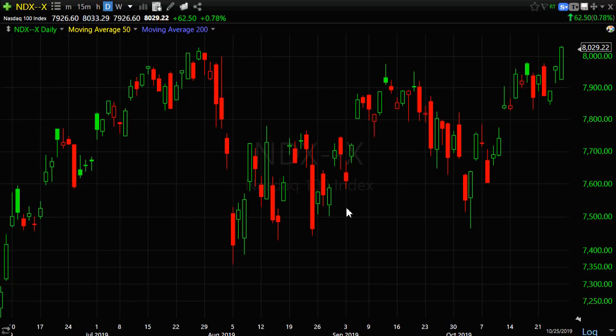And here we go. Now eyeball these candles. I mean, a vast difference in price action. You have a lot of really big candles, both up and down. You have a lot of tails, wicks on the top of these candles, on the bottom of the candles. You have a lot of gaps. So this has been very volatile trade, and this is one thing I was pointing out earlier in the week